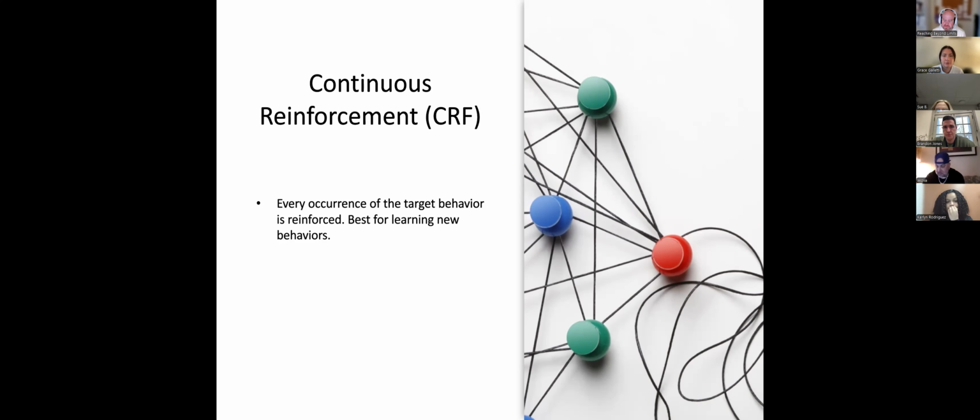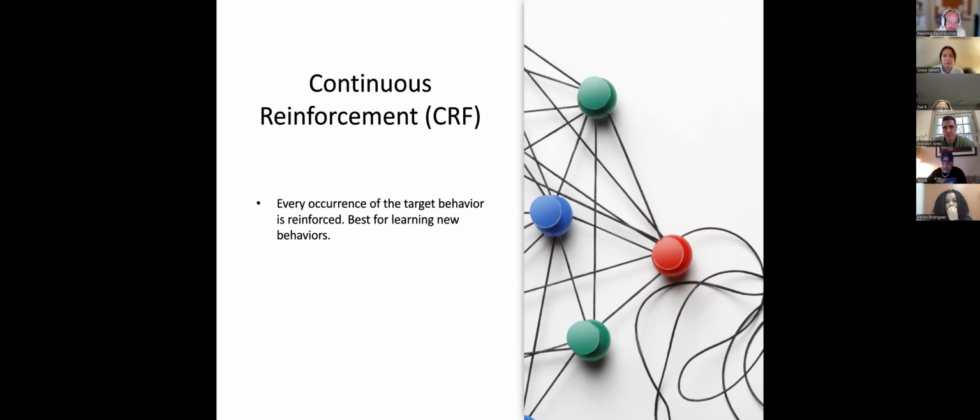But just because someone prefers an item doesn't mean it's reinforcing. The true test of reinforcement is when we see that increase on the graph in the future under the same antecedent conditions. So that is what reinforcement exactly means. So thank you for that.